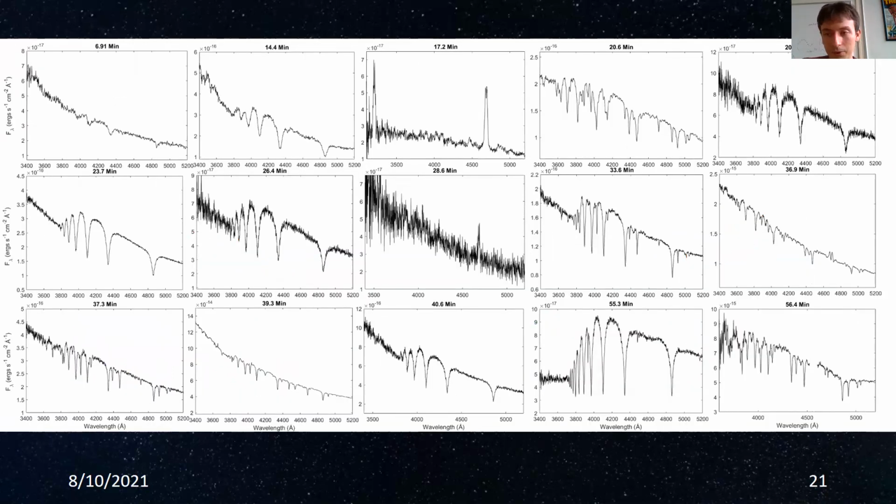And so another part of the program, of course, in characterizing these is obtaining spectroscopy. There's a lot that one can learn from it. One is that one can measure abundance ratios of elements. For example, you can see some of those sources have a lot of extra lines in them. Those are helium absorption lines. One can infer the atmospheric ratio of hydrogen to helium in these sources by comparing those line ratios,